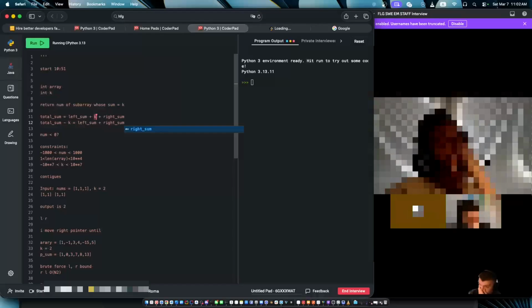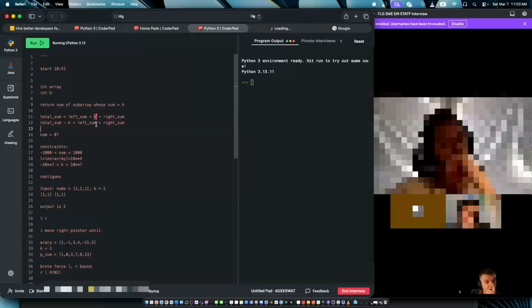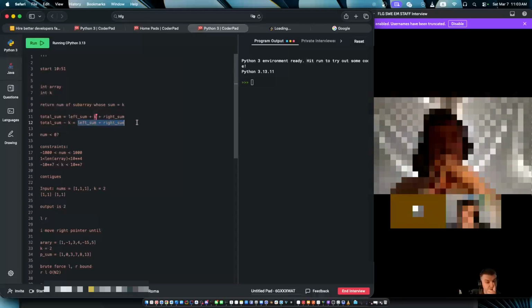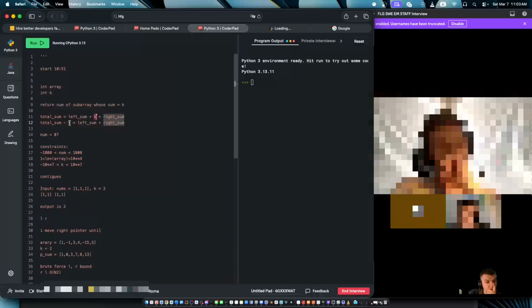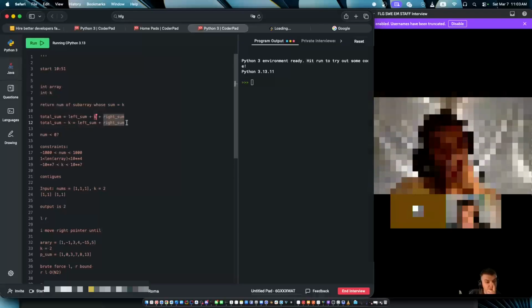I should think about how I can figure out how many of these different combinations I can have, and calculate them efficiently. So I need to pick the left part and pick the right part so that